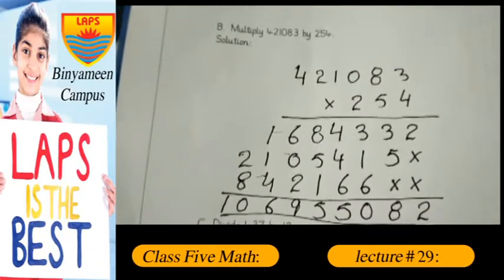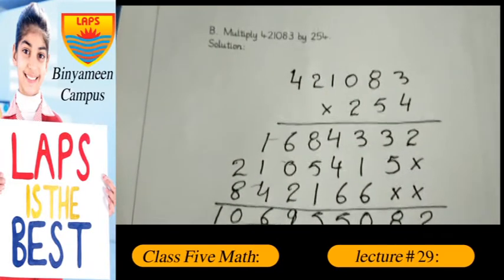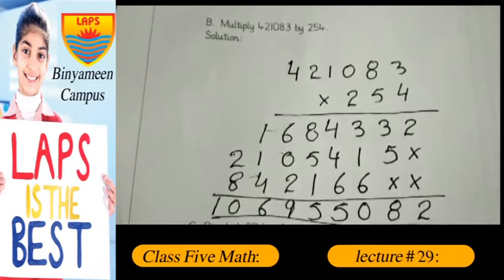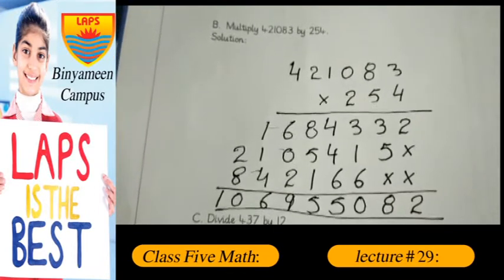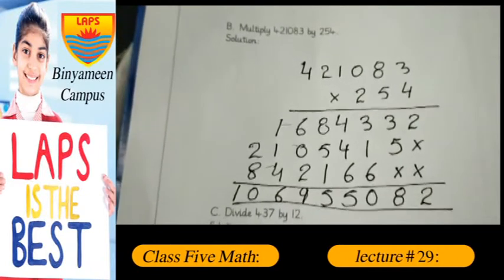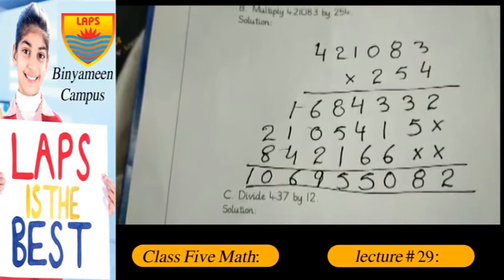Part B, similar to part A. First multiply 4 with the 3. 4 3s are 12, 2, 1 carry, 4 8s are 32, 1 33, 1 carry,